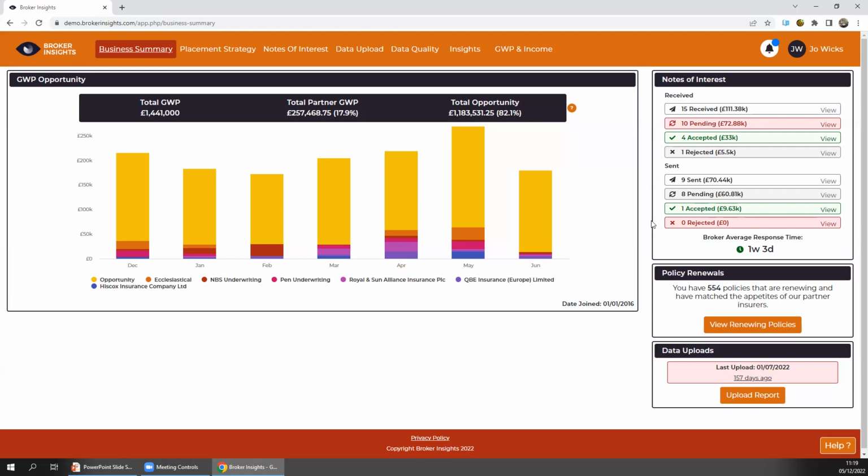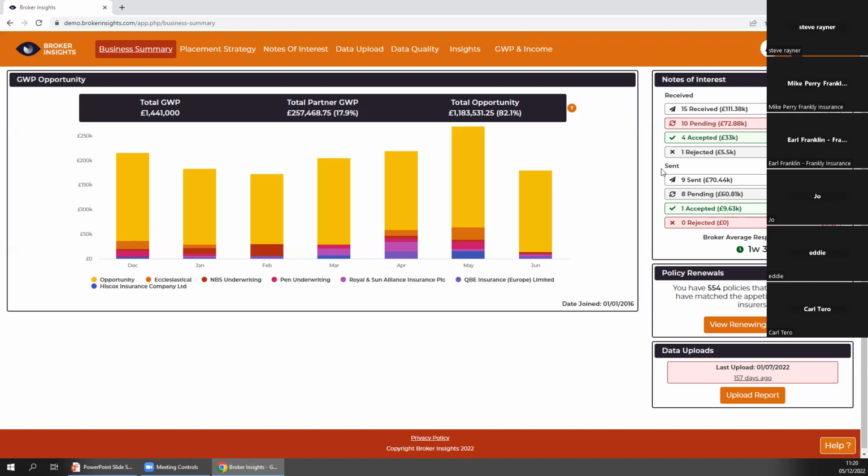On a similar note, what you can do, and I'll show you how this works in a moment, is when you're going through your own renewal book reviewing policies due for renewal, if a policy sits in the sweet spot of any of our partner insurers' trade appetites, you can send them a note of interest. That's meant to save you some time. If you're putting together a presentation, perhaps you might send it on to 10, 15, maybe 20 different insurers. Ahead of sending out that presentation, if you can send any of our partner insurers a note of interest, it just means you can start those conversations off before sending it on to loads of different markets and potentially alienating other insurers as well.